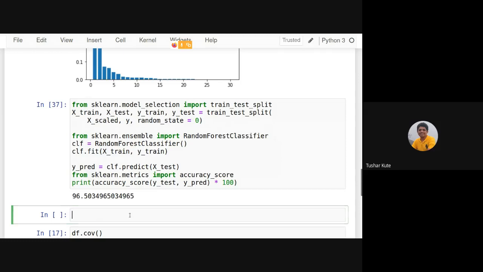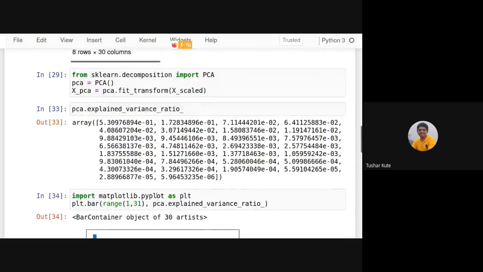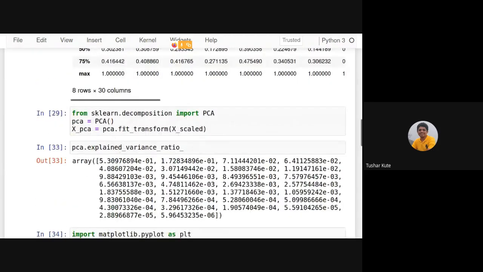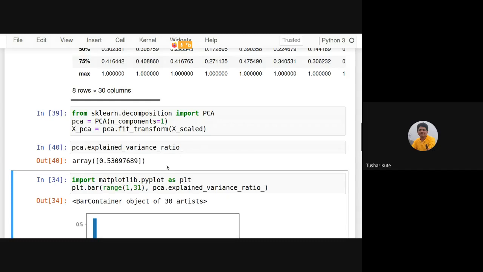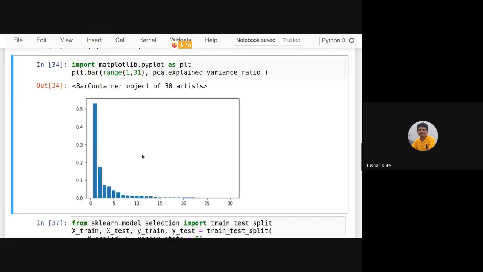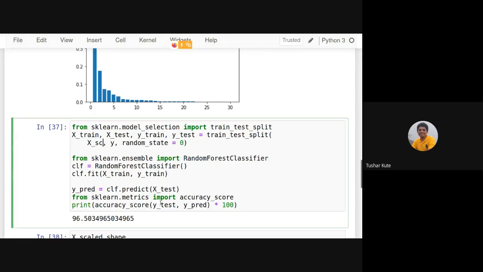If you check the number of features the scaled data currently has, all 30 features are taken right now. Now what I'll do is take the top one feature only. So I need to apply the number of components, for example, one. So only one component, which has the highest variance, is taken, and only that component I will apply here to perform operations with X underscore PCA.